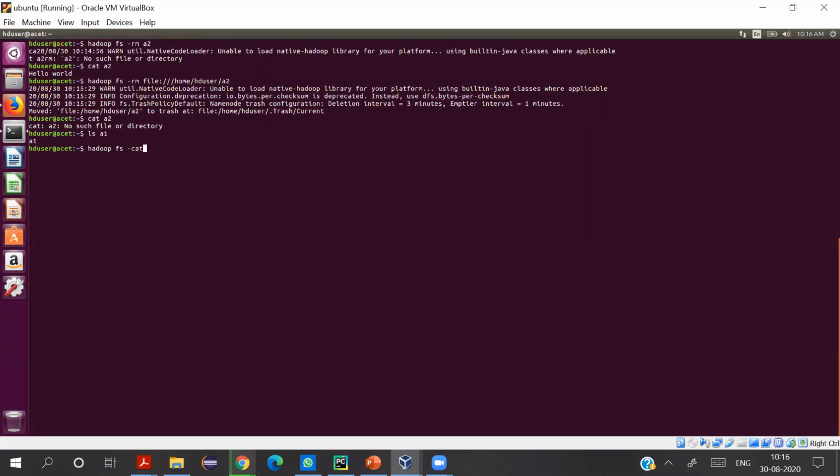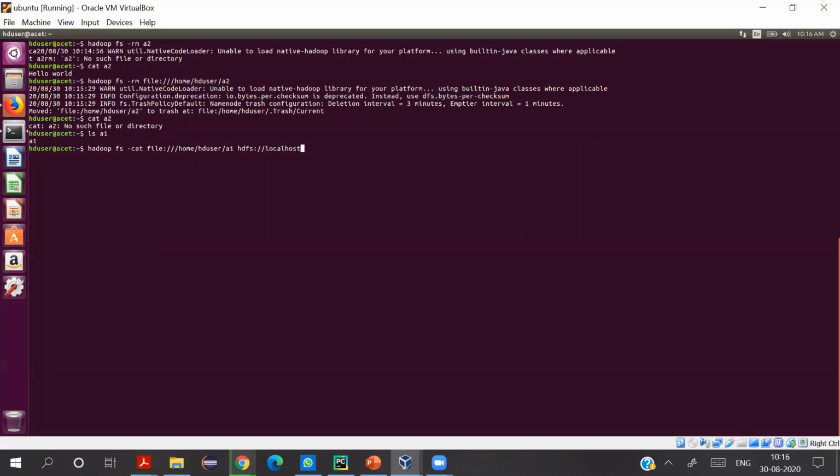Just a review of the cat command. So to mention the local file system, I must give file as the scheme and then the path of the file. So this would be A1 file, location of A1 file. And for my HDFS, I can use the HDFS scheme followed by the name node address.